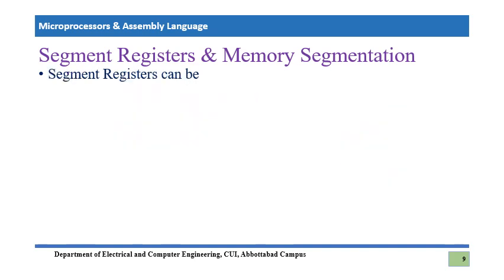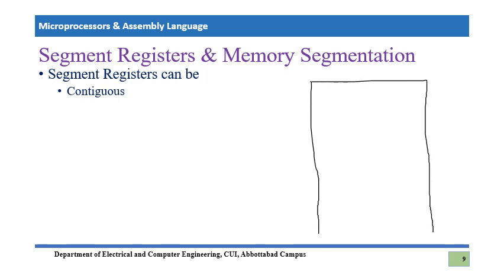So in this slide, we are going to deal with the different ways in which one can actually design various segments. The very first type of segment could be contiguous. What does it mean? Let me draw a memory so that we can physically check it. That's your memory. And let's say we are designing a segment. That's my segment number 1.